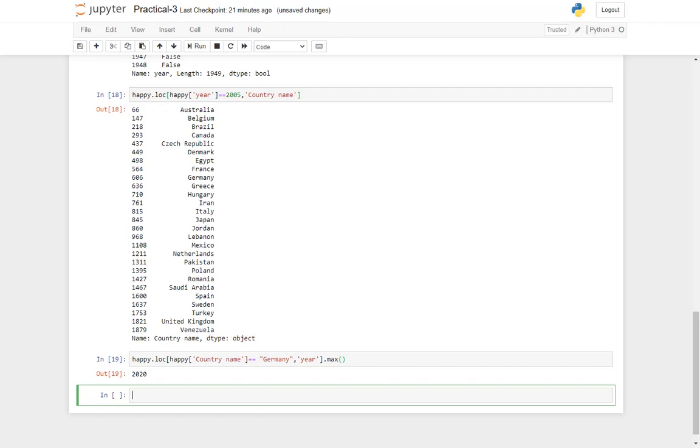Matlab the latest record for the country Germany was 2020 and the first one was 2005. Right?